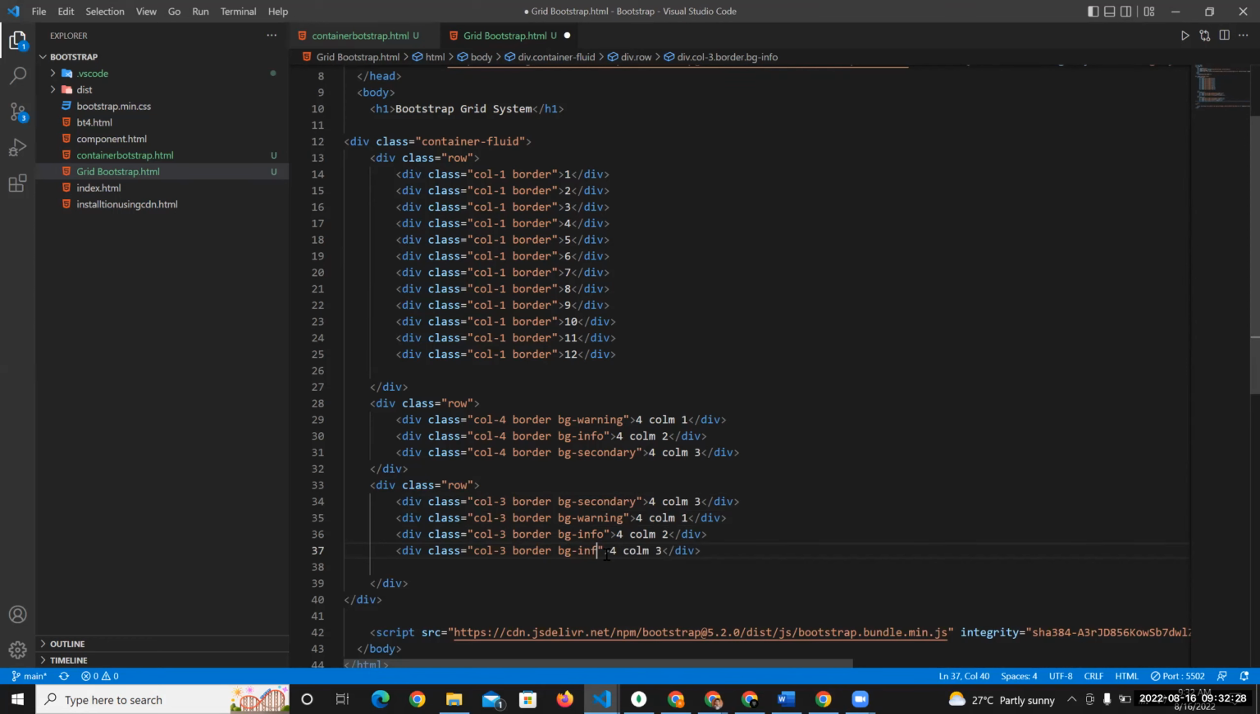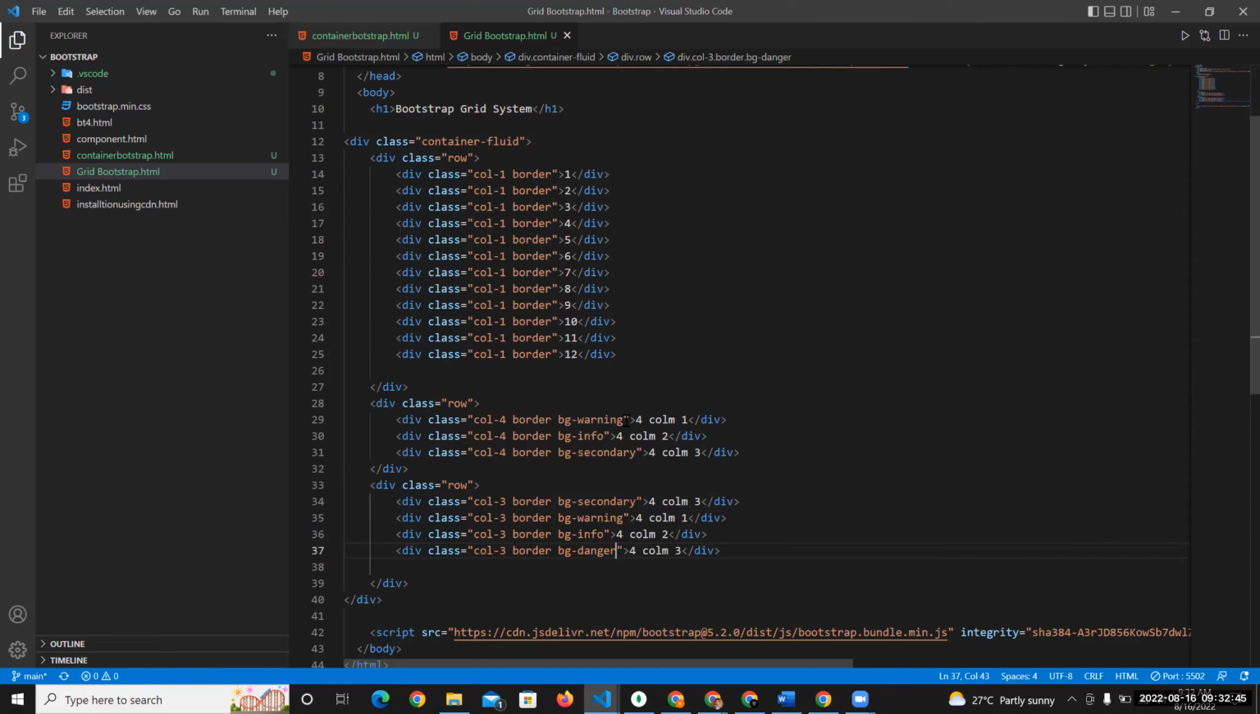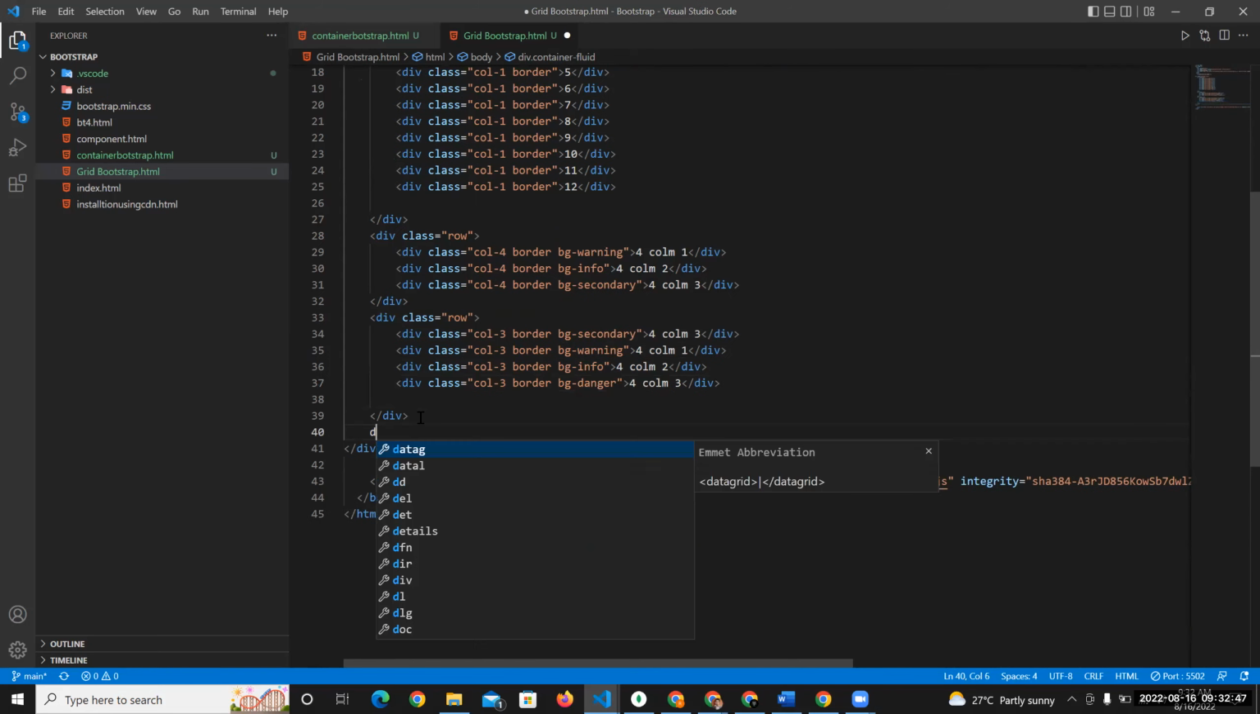Instead of info I can just write danger. Okay, I can have danger. So now these are the 3 columns, these are the three columns. This is having 3 columns, 3 columns, 3 columns, and 3 columns. Similarly, if you want 2 columns in your site, just write